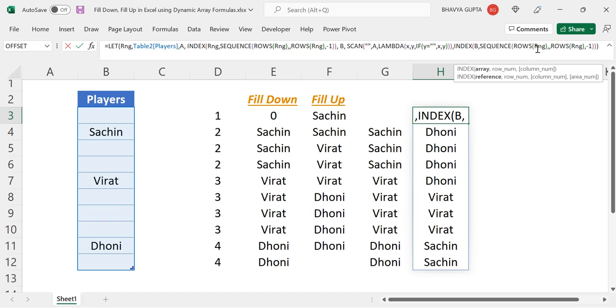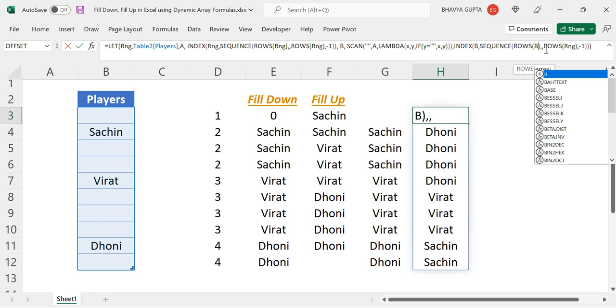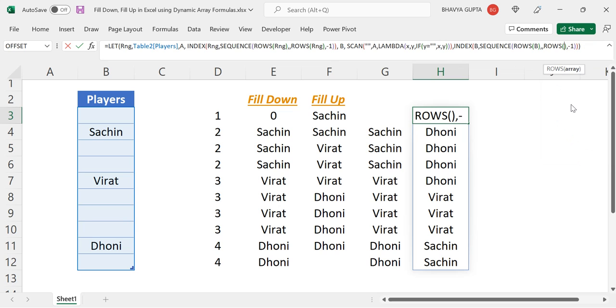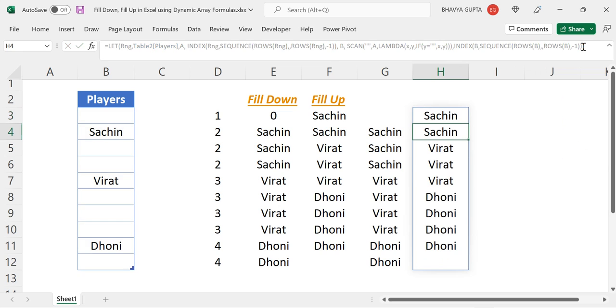Again in place of this range we will write B, and again we will write B here. Now let's press enter. So we have again done the same task of fill up,